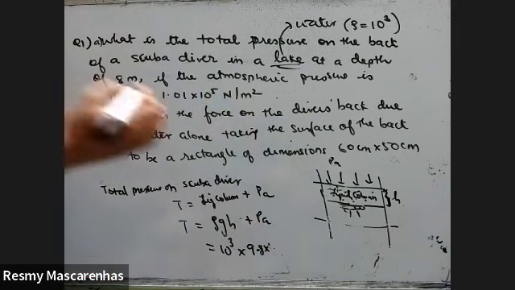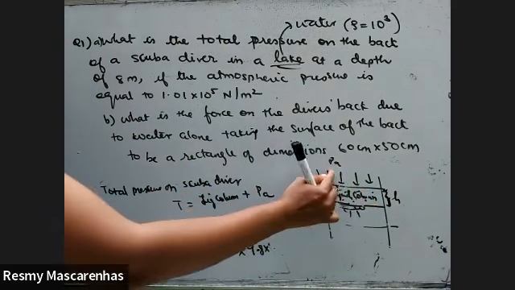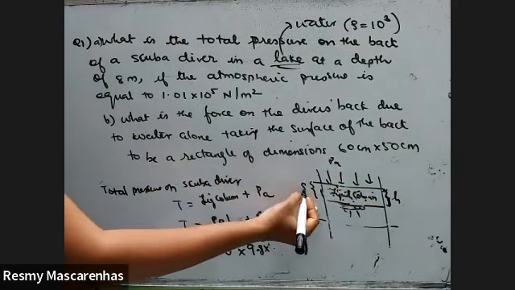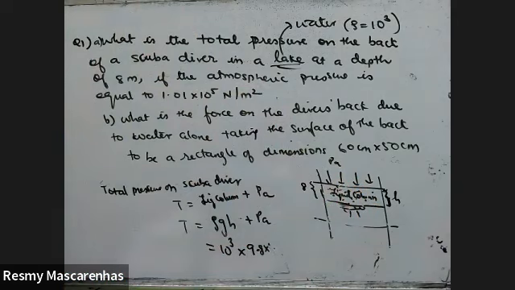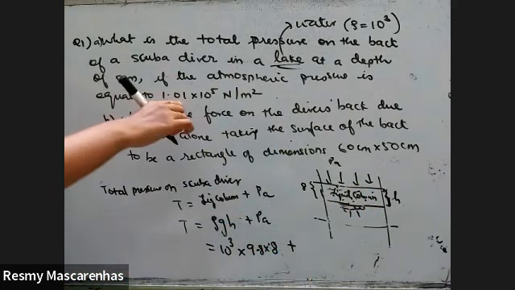Height is given. Depth means he is 8 meters deep from the air, so the height you have to take as 8 meters. And atmospheric pressure